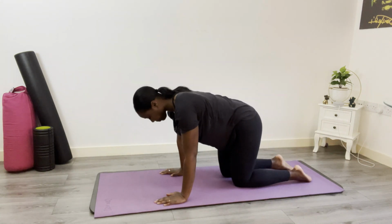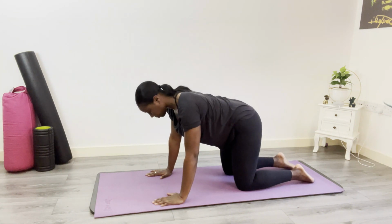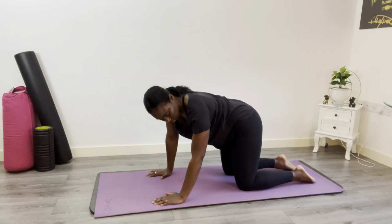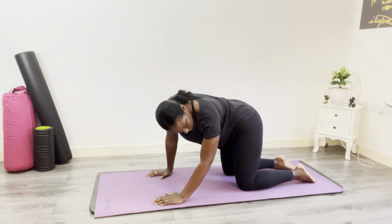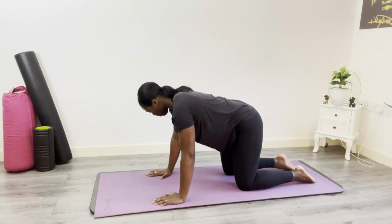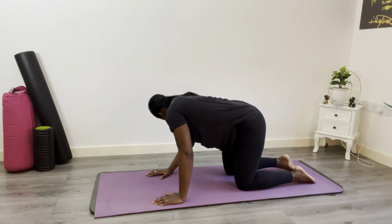Into your 4-point kneel, we have some sideways movement of the spine, just to each side. So here I just bring my right shoulder towards my right hip, trying to keep the hip still. Looking over the right shoulder, coming into center, left shoulder towards left hip, looking over to my left, in towards center,